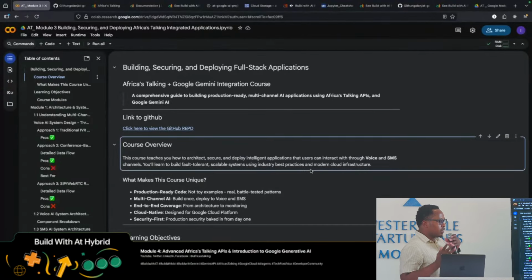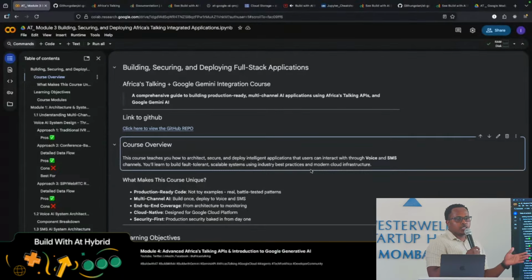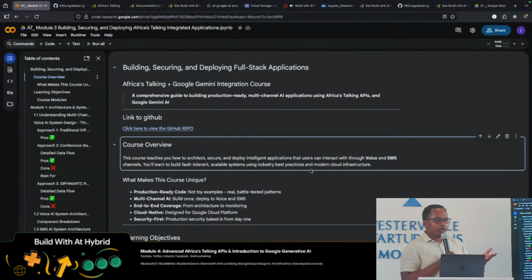So what makes this unique? We'll cover some few examples of how you can build this. You can combine multi-channel AI, that's voice and SMS. We look at how you can architect it, combine Africa's Talking and Gemini, and finally how you can deploy it and have a full stack application. And then we'll have some few examples on how you can